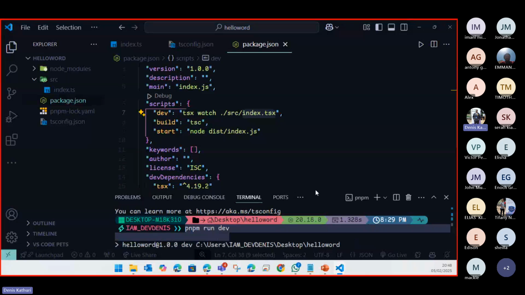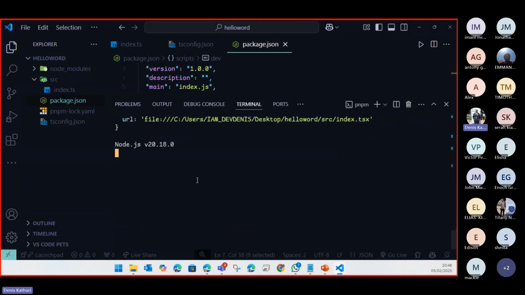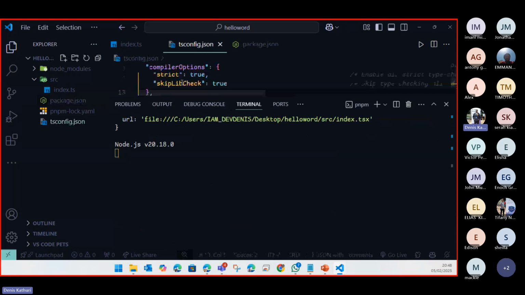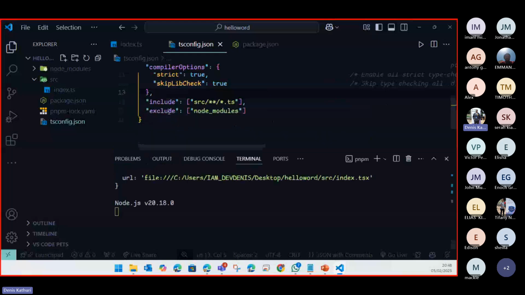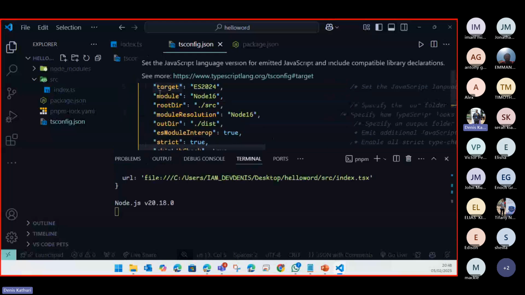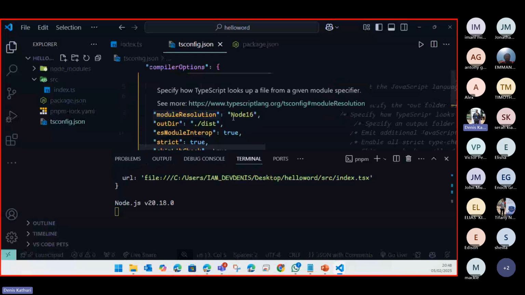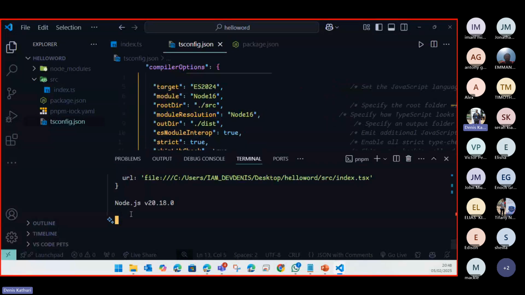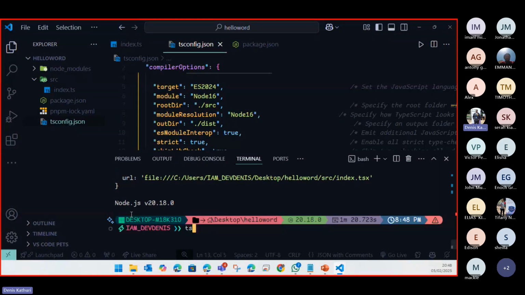I think we might need to rerun the compiler, the TSC, so that it can take the new changes that we made to our default compiling options. Remember, it uses the default, but we now need to enforce these new changes. So I will have to use the keyword TSC so that it can take the new changes. So TSC, and with that,